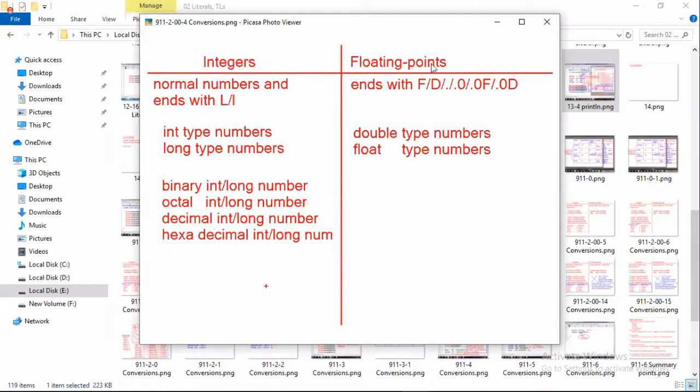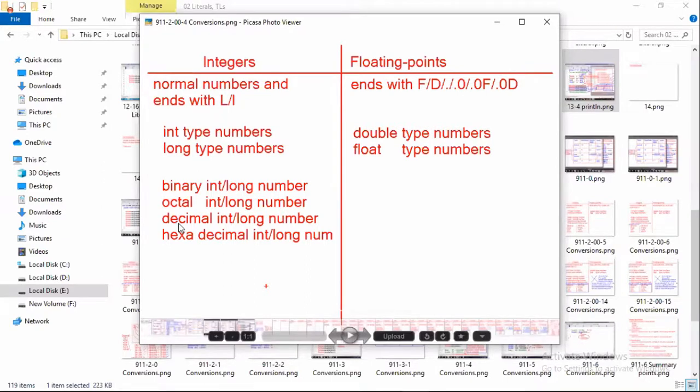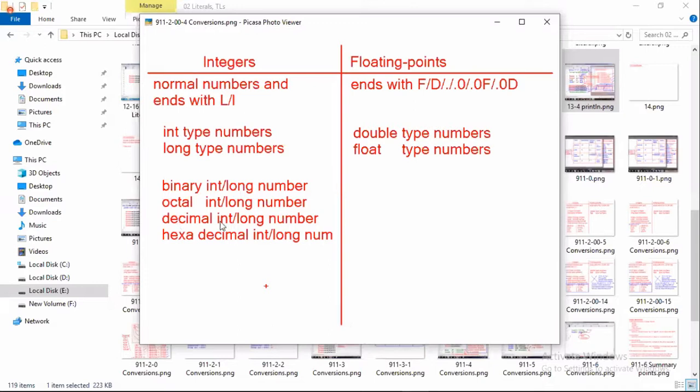So floating point numbers can be called real numbers. According to maths, they can also be called decimal. If people are using the words decimal integer, then you have to come to base 10 integer number. If people use only the word decimal, then you go for floating point number.